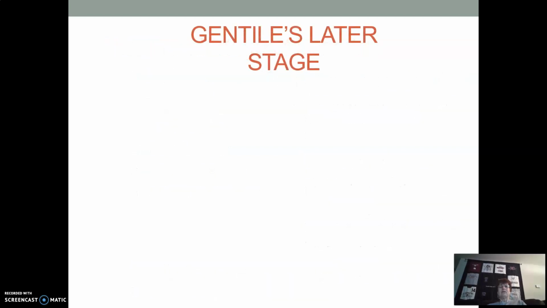In the second stage, which Gentile calls the later stage, two terms we use would be fixation and diversification. So once the performer has a pretty good idea of the movement and what's necessary to be successful in performing that movement,